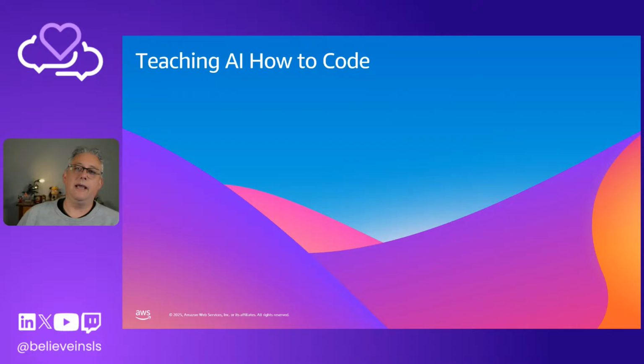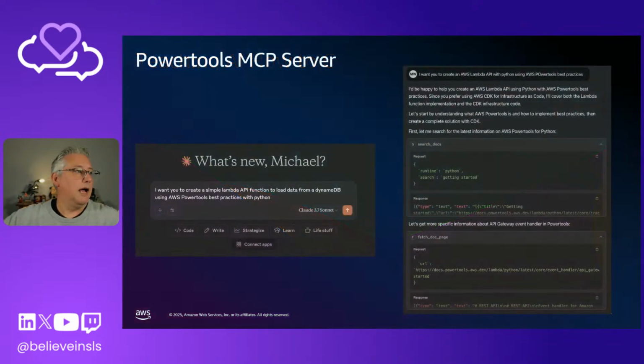Now, earlier this year, if people follow me on socials, from that example of that terrible serverless API, I got really angry about the way Amazon Q was dealing with serverless CRUD APIs. So I went and created a Power Tools MCP server. This hooks into Power Tools documentation and gives you a live search of it and downloads all the best practices from that documentation in snippets. So it's actually hooking to the live website here, and it's giving you real examples.